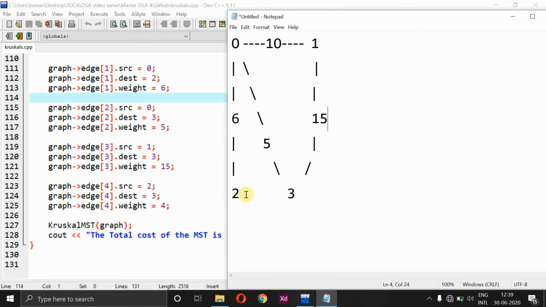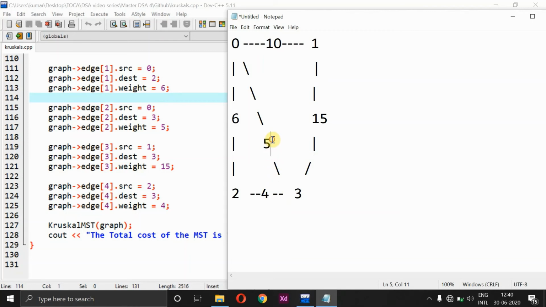So where 2 is nothing but the source node and destination node is going to be 3, and at last the weight is going to be 4 again, right? So that is what it has been mentioned over here. So that's all about this graph. So if I consider this, the minimum weight which I can take from this entire graph is going to be 4, right? So the minimum weight which we can consider here is 4.